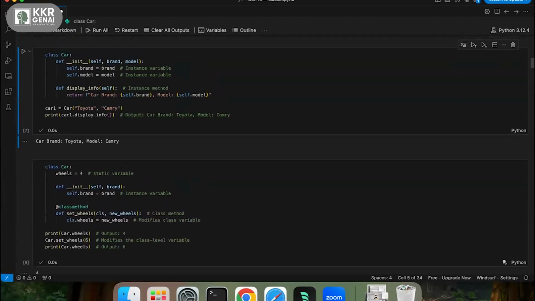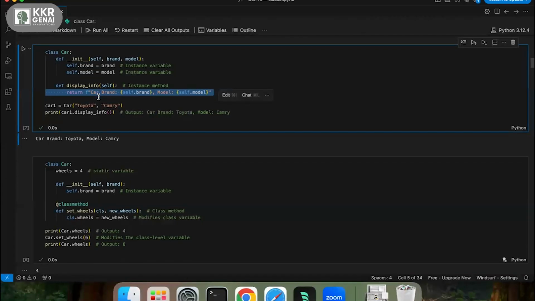One is instance methods. If you are declaring instance methods, the first parameter needs to be the self parameter. Whatever operation you want to perform with respect to instance variables, you can do that in instance methods.